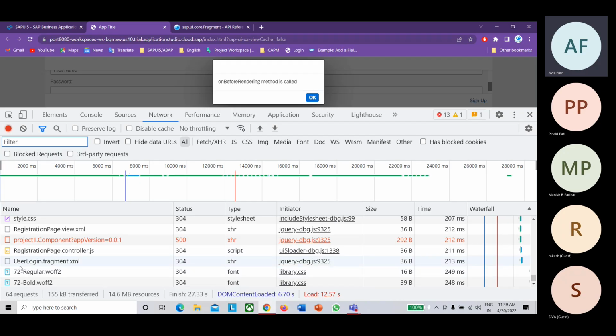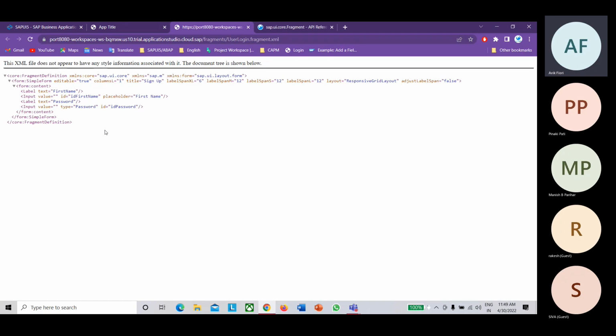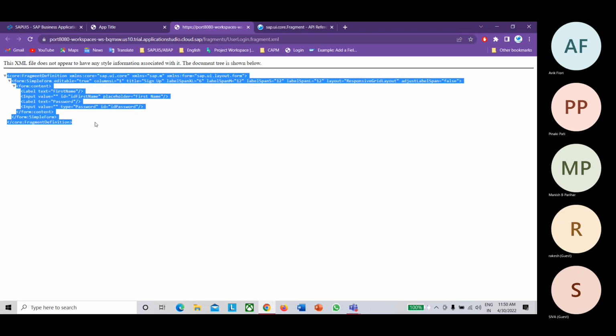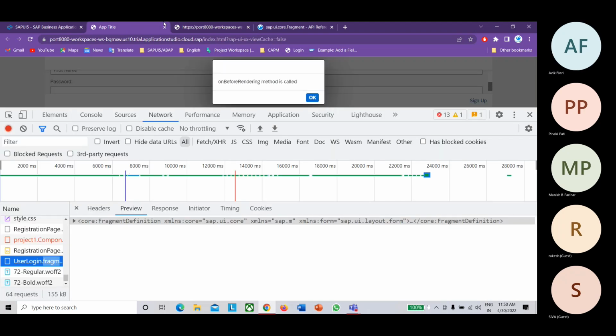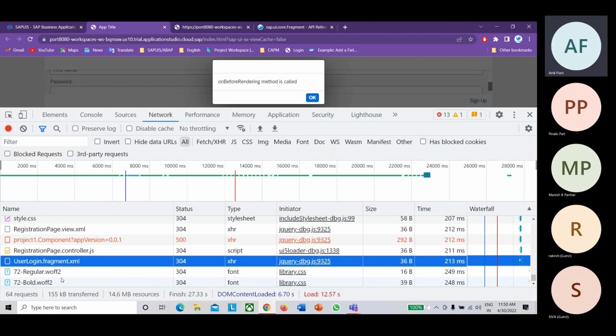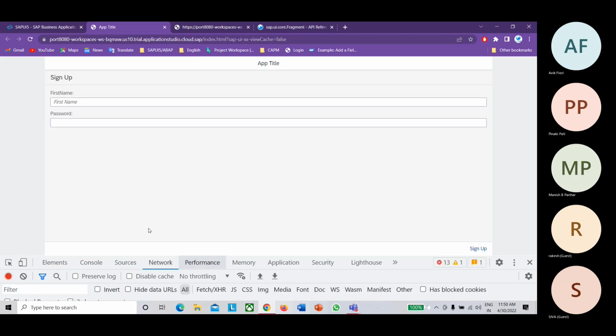Can you see it here? If you double click on it, it opens in a new tab, and this is the content of the fragment file. You have to make sure that your fragment file is loading. This is a separate file, and the content is now getting displayed, which is coming from the fragment.